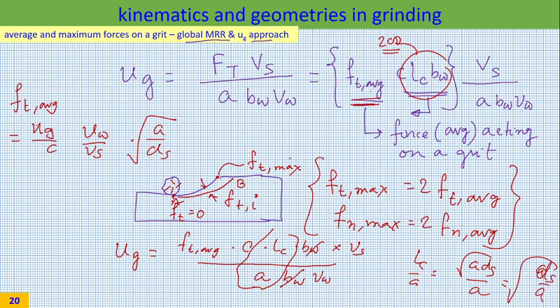So that is nothing but ds by A. When it goes in the other direction, A comes in the numerator and this one comes in the denominator. If you play with these things, as you can see, we had an expression for HM which was very similar. HM was 3C tan alpha VW by Vs root over A by ds. Instead of HM, I will make it HM square. So what I can do is write down UG into T by C VW by Vs root over ADS. This is all there.